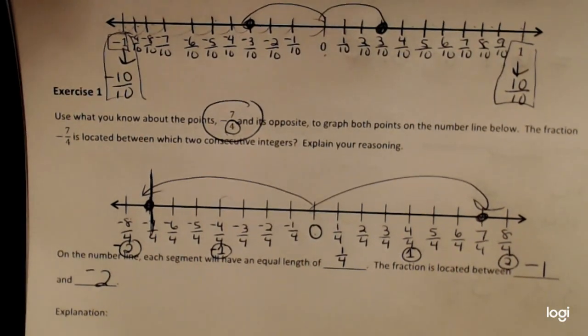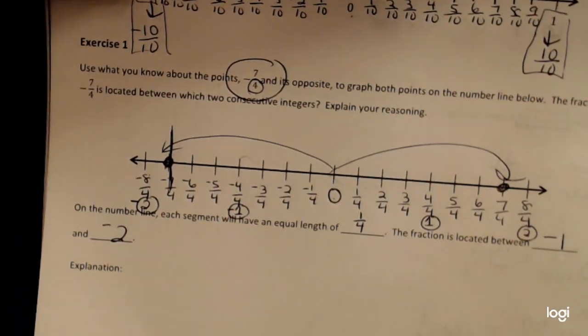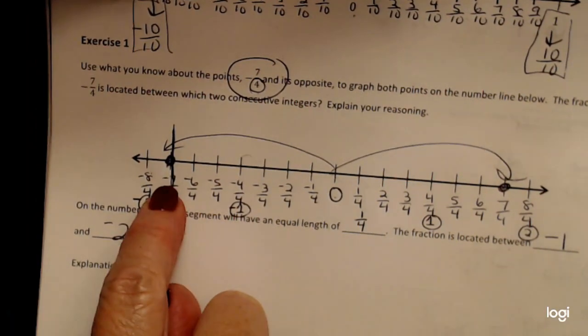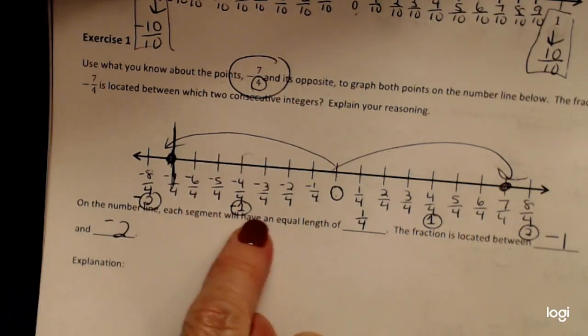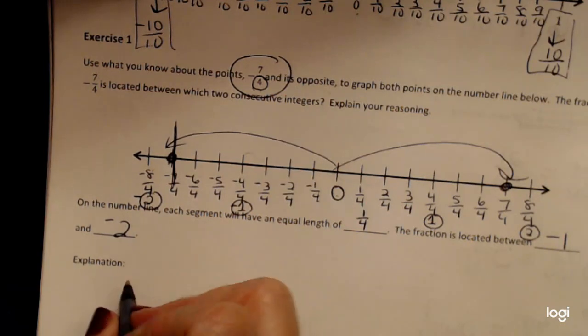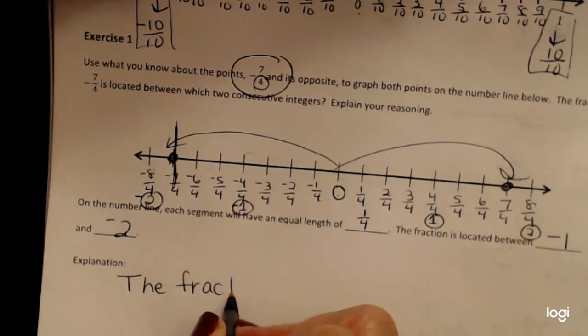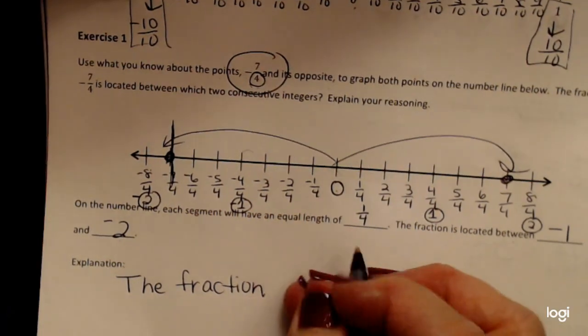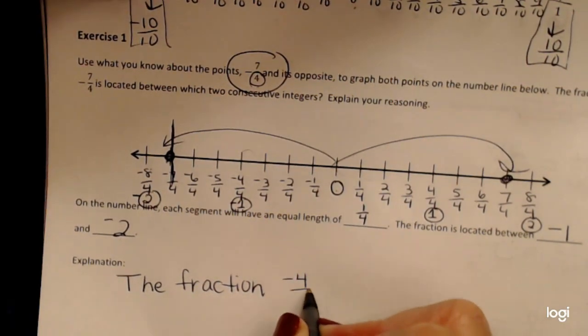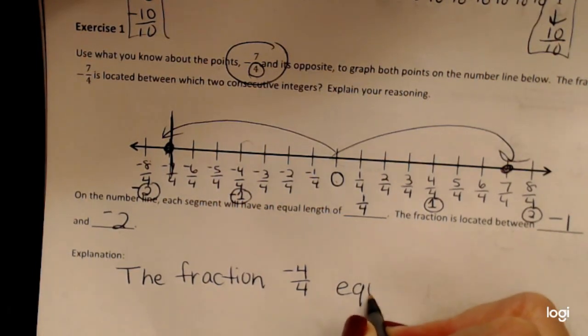Now, when it says explanation, it wants us to explain how we know that this falls between these two integers. And we're going to say the fraction -4/4 equals